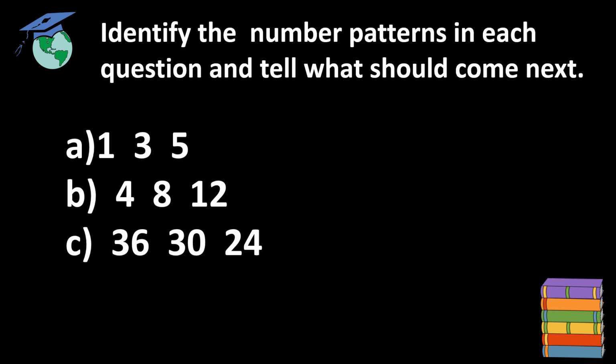1, 3, 5. You can see the number is increasing. So that means you have to go forward. Now let us see. 1. Is there any gap between 1 and 3? Yes. After 1, the number 2 is not there. That means in each sequence we have to leave one number. That means we have to skip one number in each sequence.